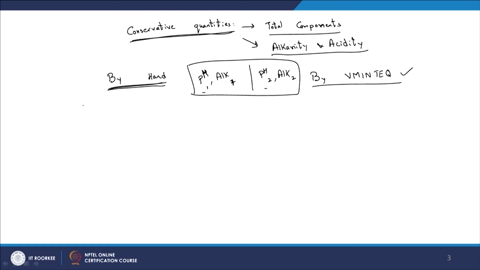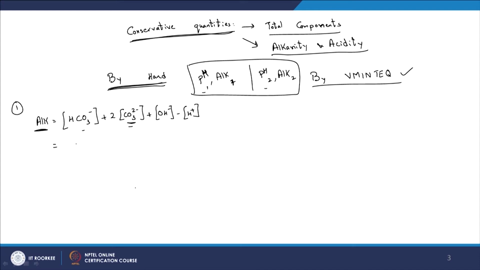So again by hand now, let's look at some of the equations that we are aware of. We know that alkalinity is equal to what now? All the bases, let's say, HCO3 minus plus 2 times CO3 2 minus, and why do we go with 2? Because CO3 2 minus can neutralize 2 H plus, or 2 protons, and OH minus, and then minus H plus. Again, that is obviously the theoretical definition of alkalinity, which considers that only the carbonate species are the predominant acid base species, right. So this is a particular equation that we have, so for solution 1, right,